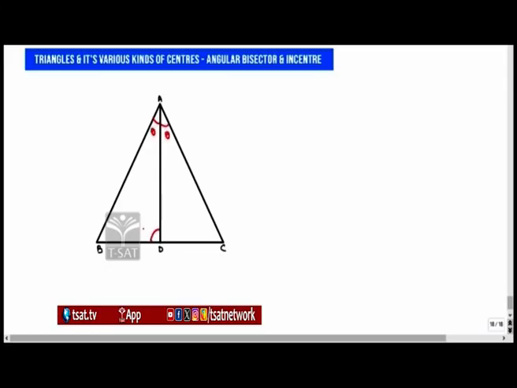Here I am taking, if this angle is phi, this angle is 180 minus phi. I am applying the sine rule. First, in triangle ABD,